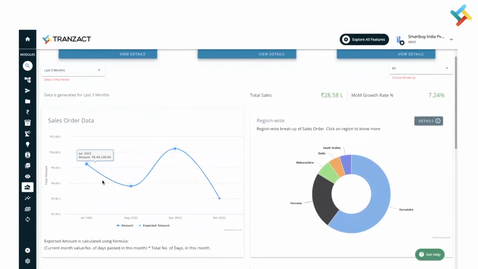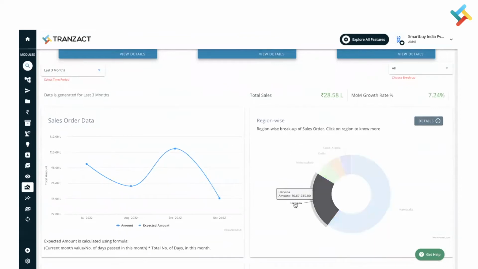So this is your sales order data. This displays your created order confirmations which are live. You can check in a month how many order confirmations and how much amount of order confirmation have been created. If I check region wise, I can see in which region most of the order confirmations have been sent, how much the total sales was, and the month on month growth rate was